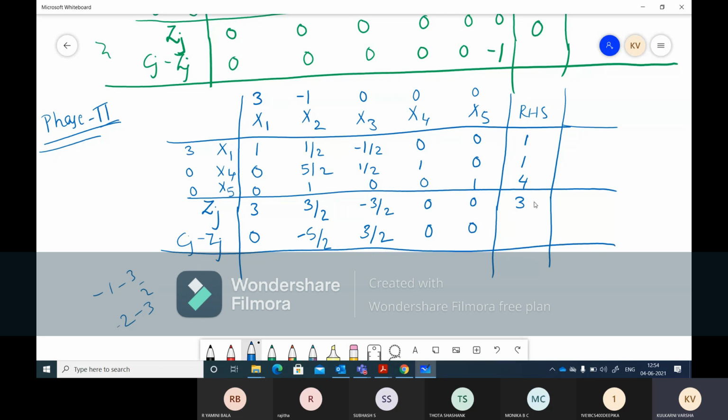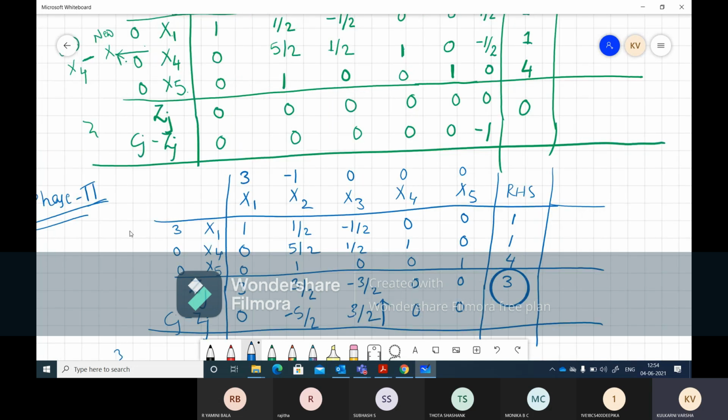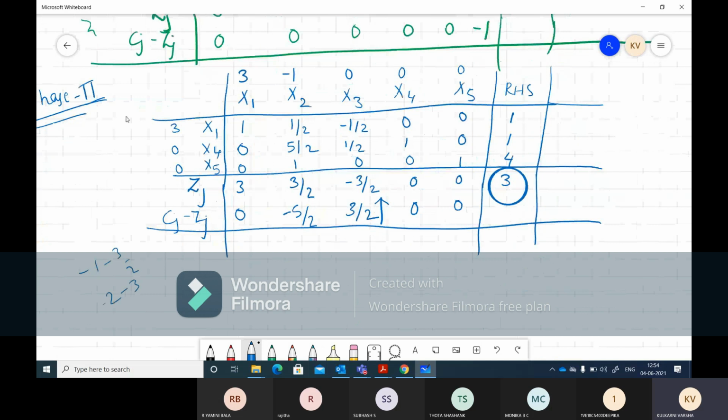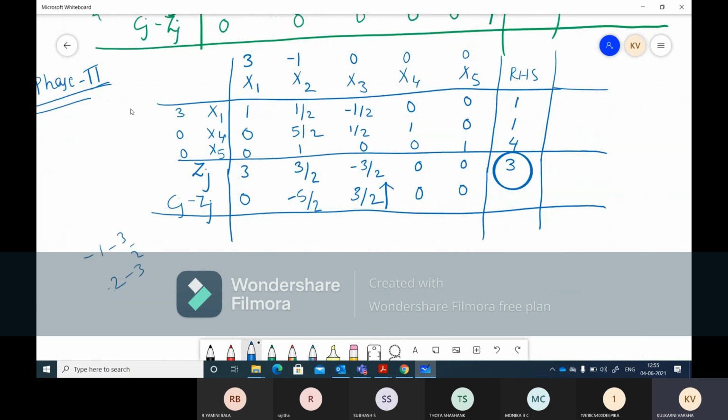If you see now, RHS is equal to this, Z is equal to 3. And if you concentrate on the Cj minus Zj values, this is 0, this is minus, this is 0, this is minus, but you still have one positive number. That means you have not finished phase 2. You are going into a next iteration. I hope we have written correctly. Yes, it's correct, no problem. So we are going into a next iteration, and quickly we'll solve it.